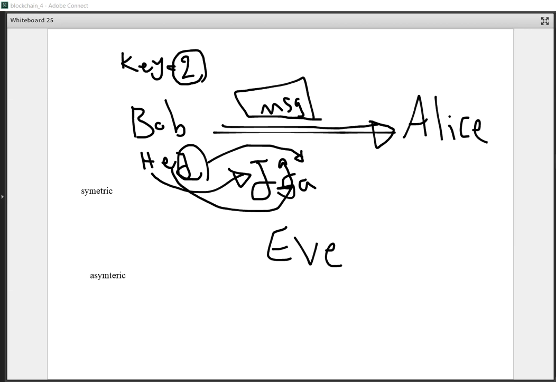As a circle, consider the alphabets on the environment of a circle. Okay, so Alice receives JGA. Now Alice using exactly the same key decrypts